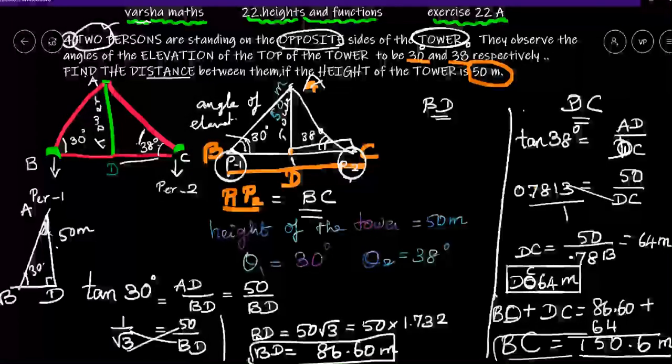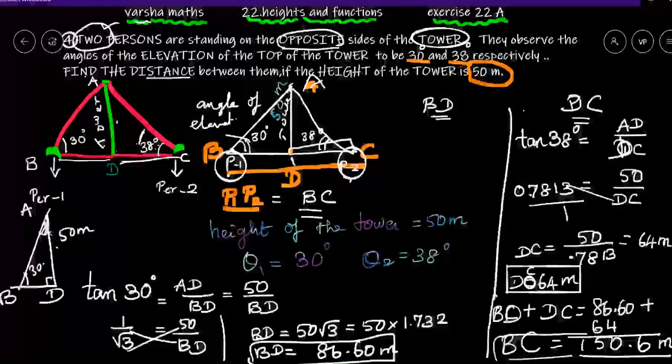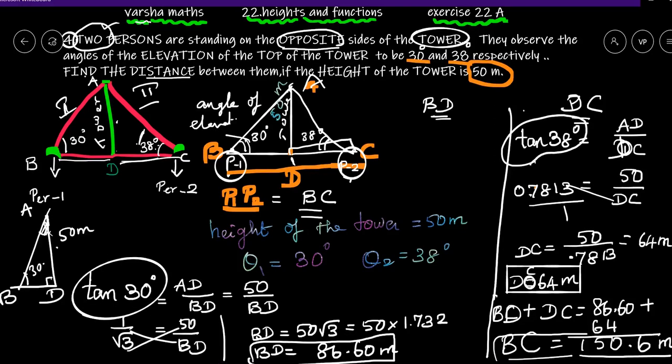Students, do you understand? This is a tower, the green is the tower. We have to find this distance BD and DC. So we choose tan theta, tan 30 and tan 38. In the previous sums, we have done 3 sums with only one angle. In this question we have 2 triangles. This is one triangle and this is the second triangle. In both triangles we are finding, tan 30 here and tan 38 here. If you find the values of the thetas, this question will be a simple question.